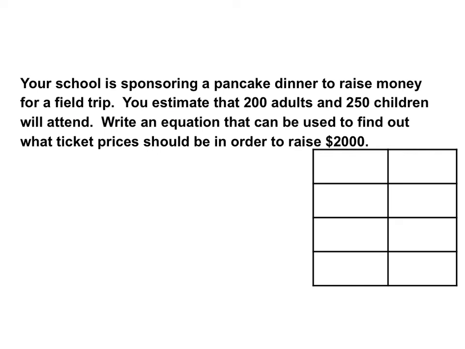It says your school is sponsoring a pancake dinner to raise money for a field trip. You estimate that 200 adults and 250 children will attend. Write an equation that can be used to find out what ticket prices should be in order to raise $2,000. So again, we need to designate. So X will be adults, Y will be children,